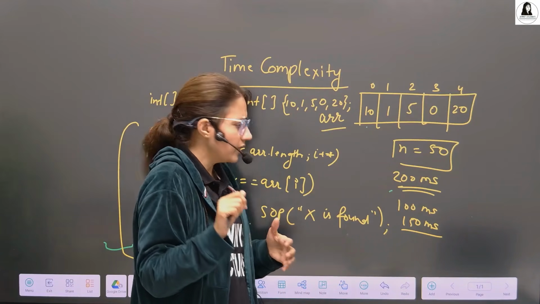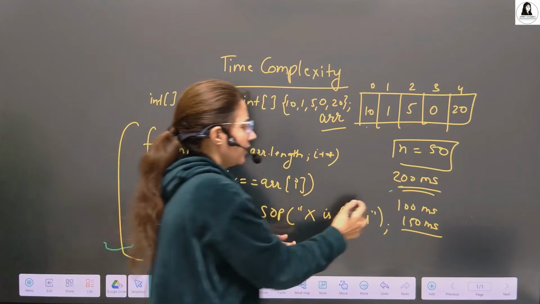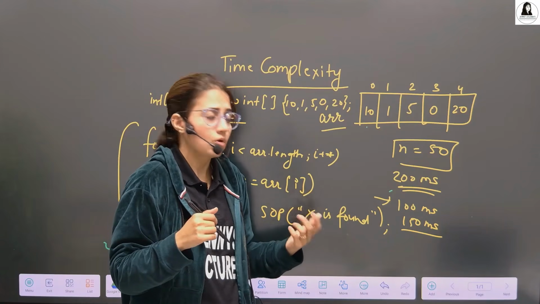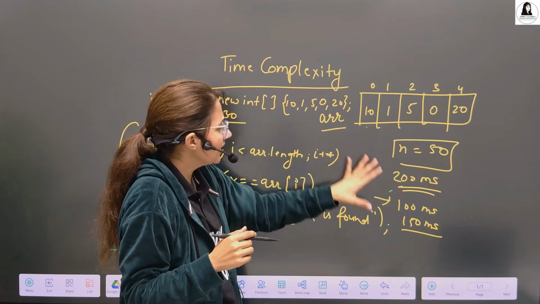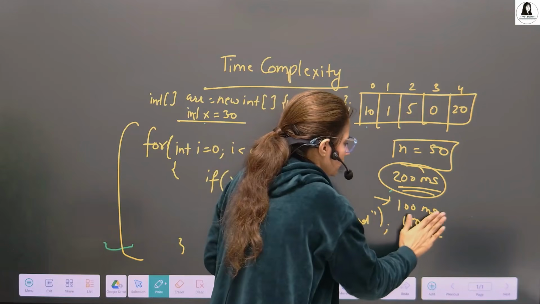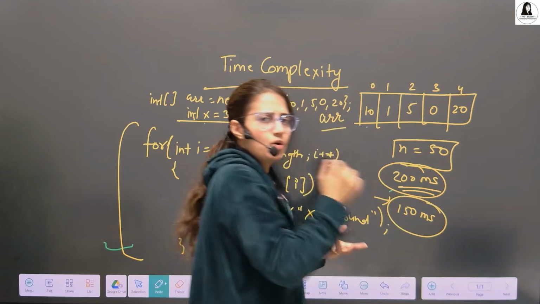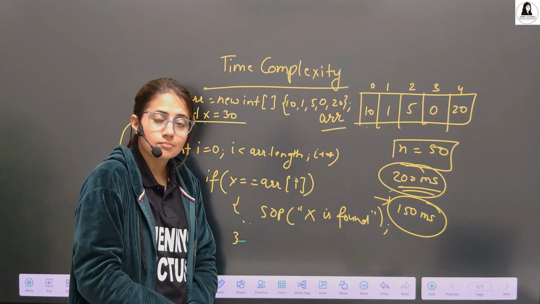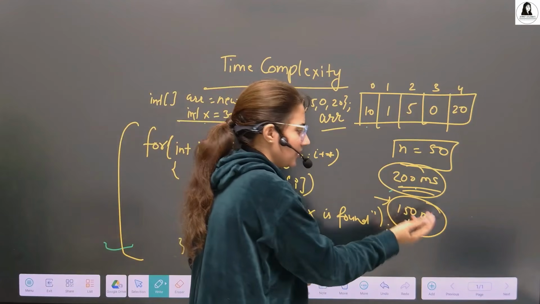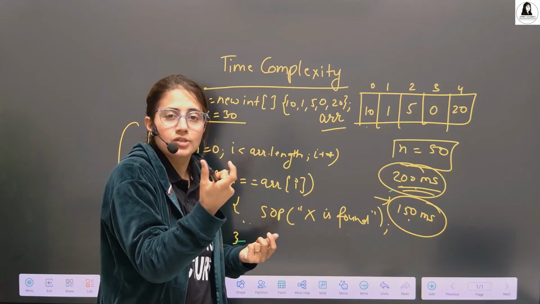So can you say my code is good, or can my friend say that his or her code is good? Or can you tell me which is having less time complexity? Suppose my machine is taking 200 milliseconds, and my friend's machine is taking 150 milliseconds. So which is having less time complexity? We can't say, because we cannot measure time complexity in milliseconds. It is the actual execution time taken.